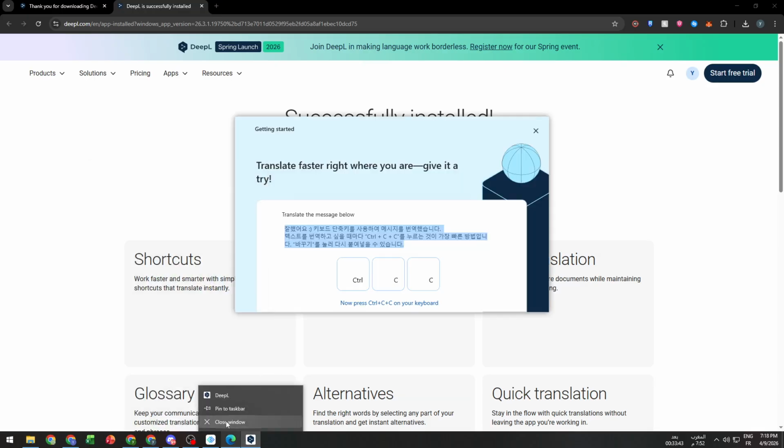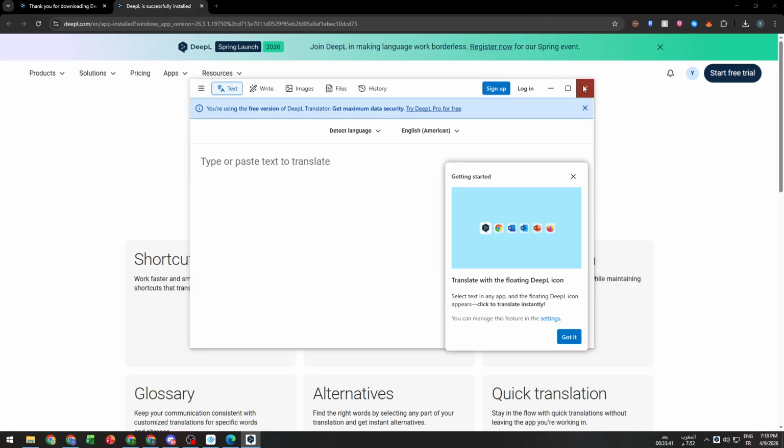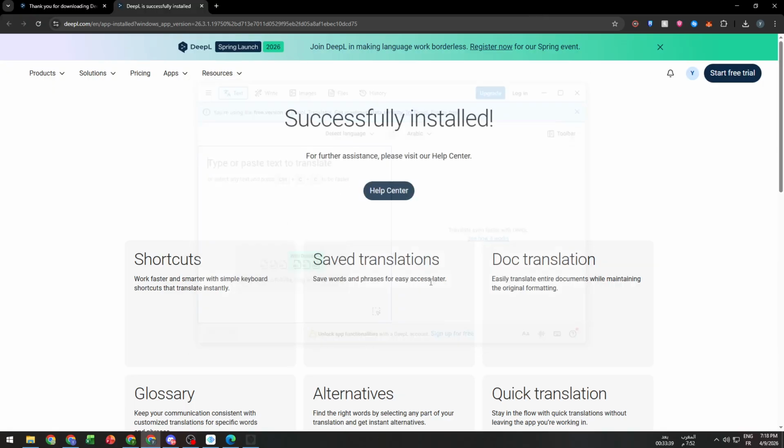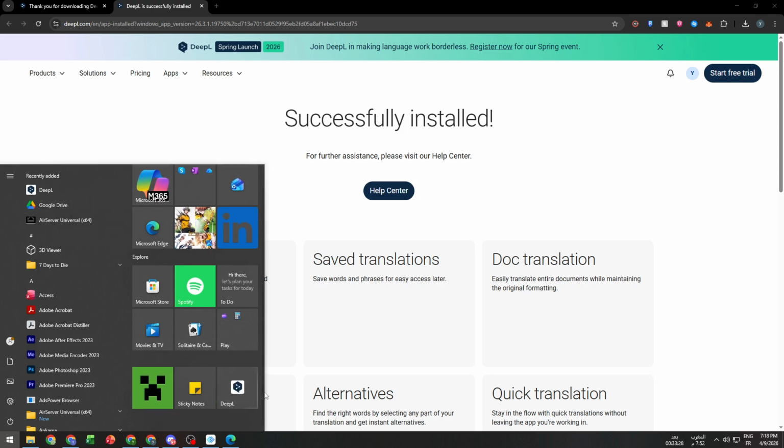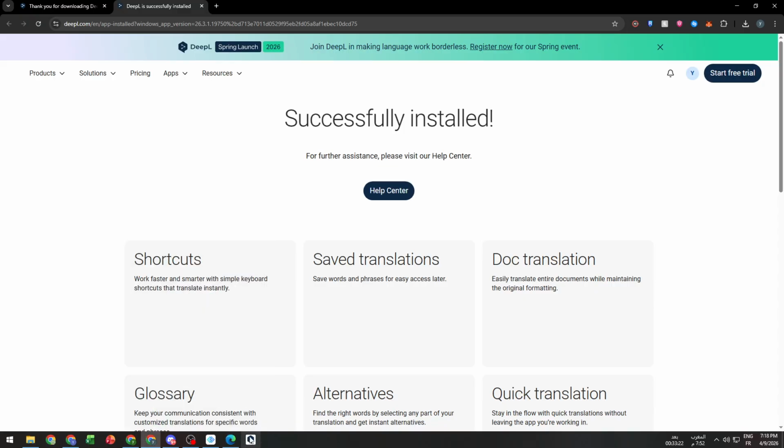Now if I close this and I close this one as well, quit, and let me just open it again. So I'm pinning from start, and here we go, and here pin to start. So now as you can see, it is now added here. You can literally now move it around and link it to this area, and now it is pinned to